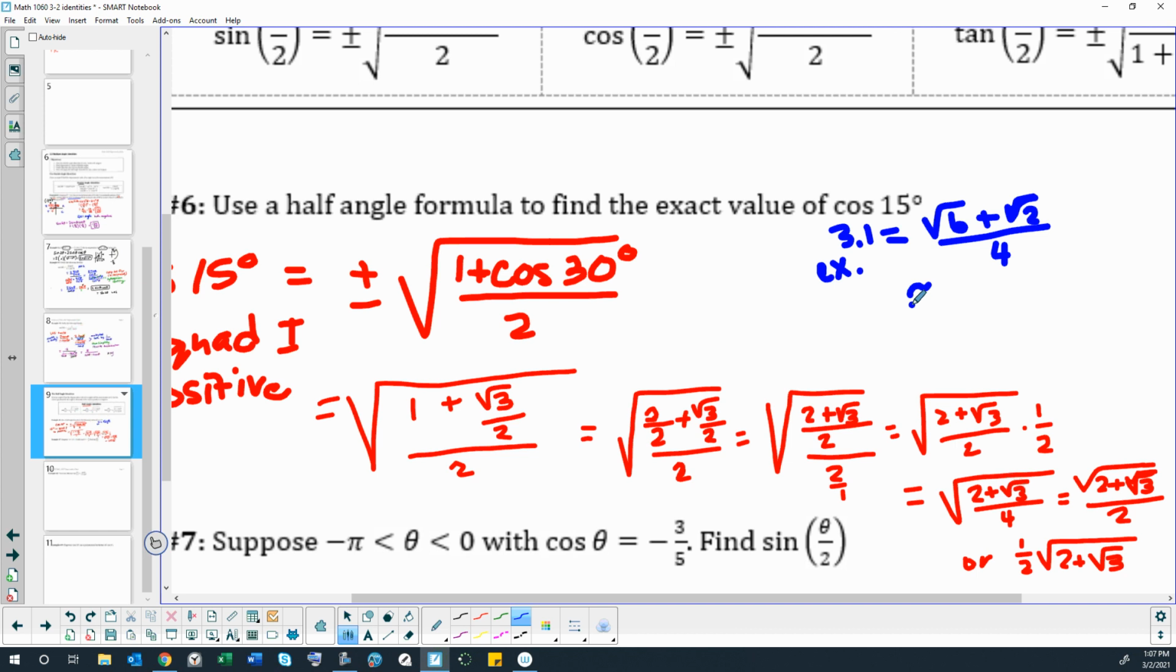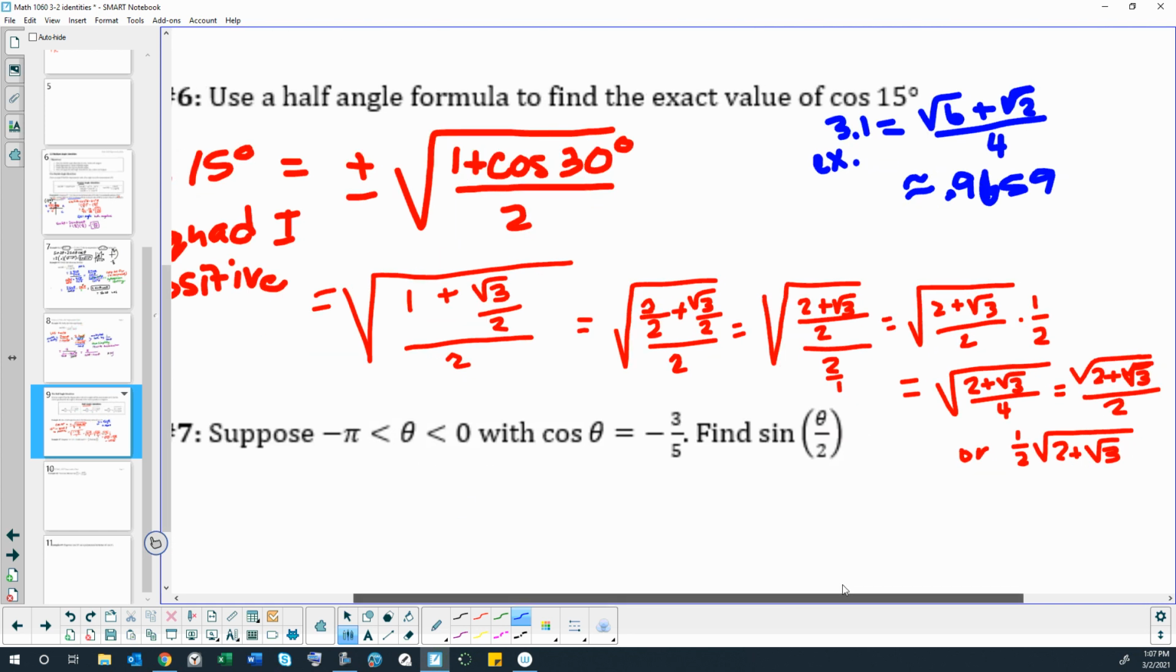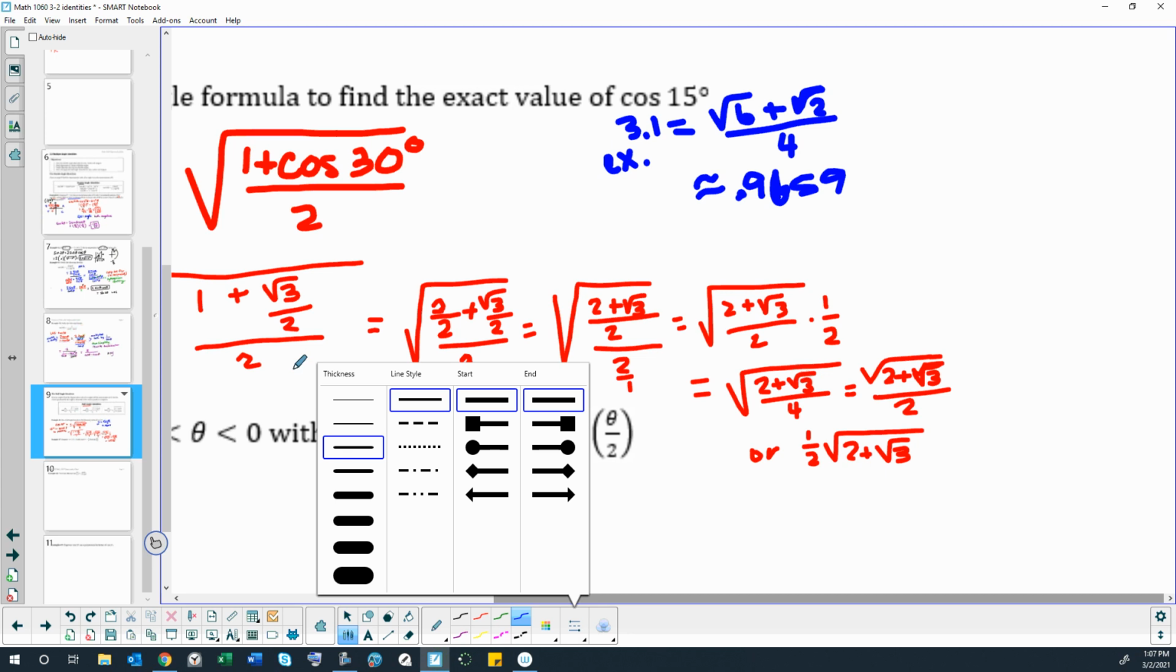So let's go ahead and find an approximate value for this answer. I think we've done that before. Grabbing my calculator, I have the square root of 6 plus the square root of 2 divided by 4, and that's approximately 0.9659, etc. Then if we look at this answer we just got, put that in a calculator,